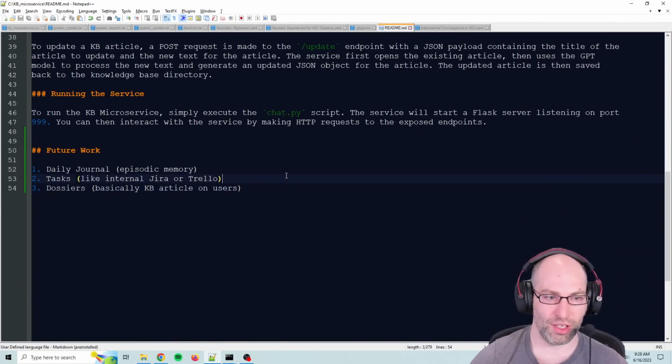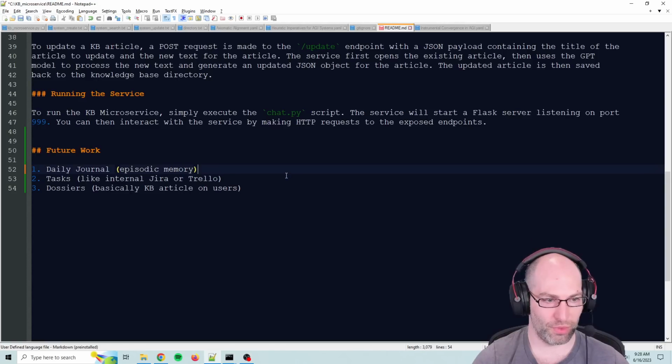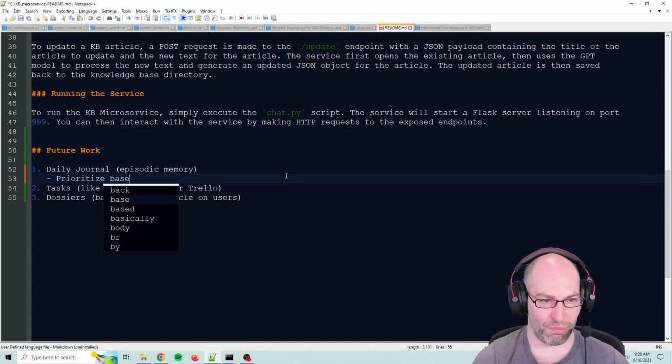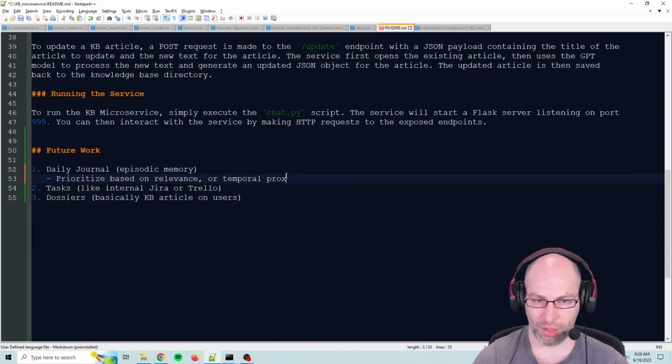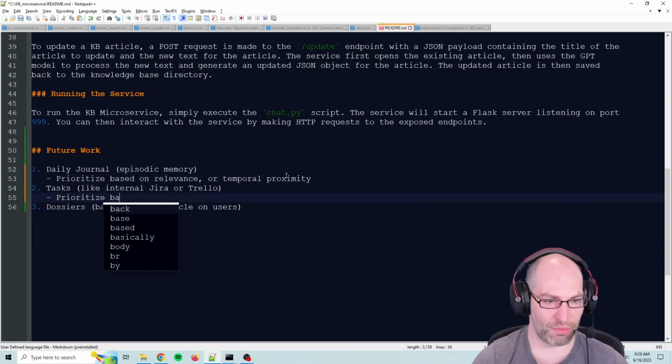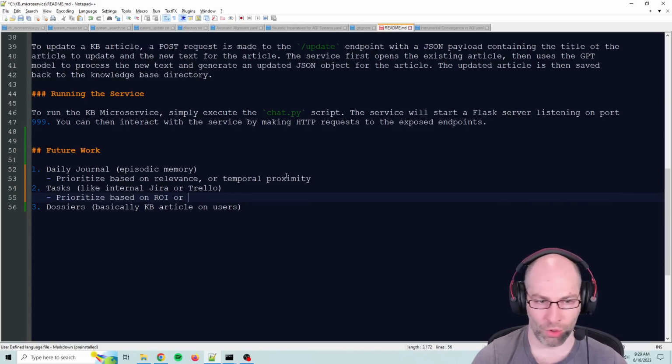So in this case, daily journal: prioritize based on relevance or temporal proximity. Tasks: you prioritize based on ROI or heuristic imperatives,